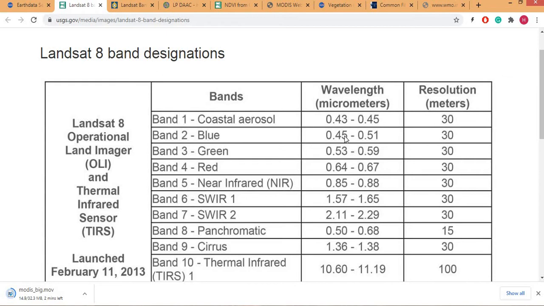So when the band or wavelength range is changed, then its study or purpose or objective can be changed to some extent. It cannot be totally changed, but it can be used for a slightly different purpose.